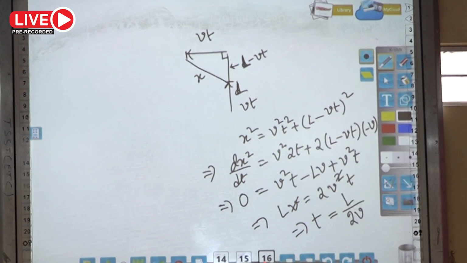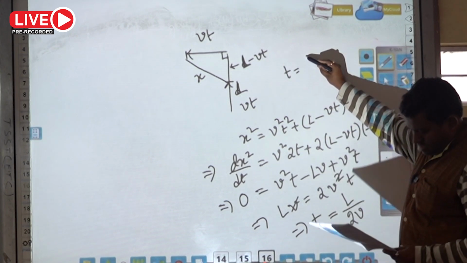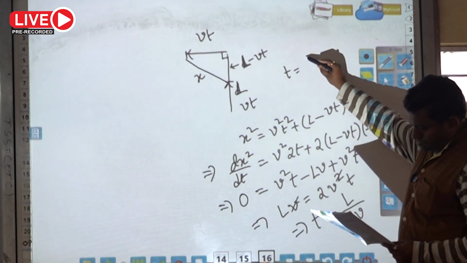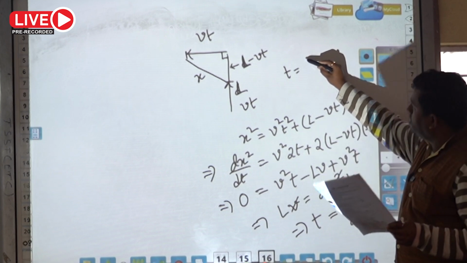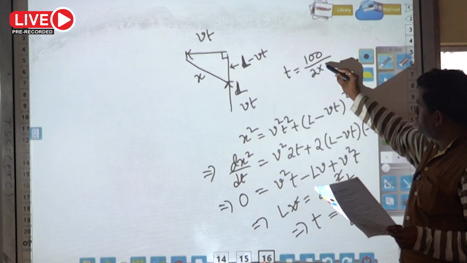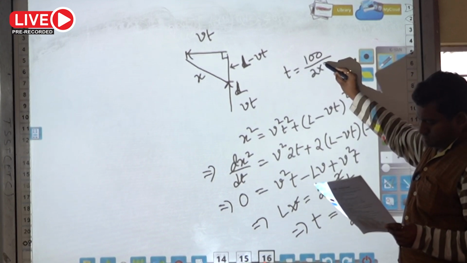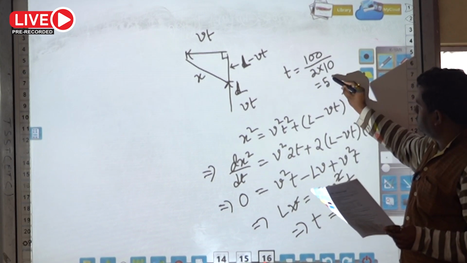That distance is L minus VT. L পুট করলে কত আসবে? L হচ্ছে বলে যে 10 কিলোমিটার পার আওয়ার 100, T কত এখান থেকে আসছে? divided by 2 into 10, 5 আসছে তো।